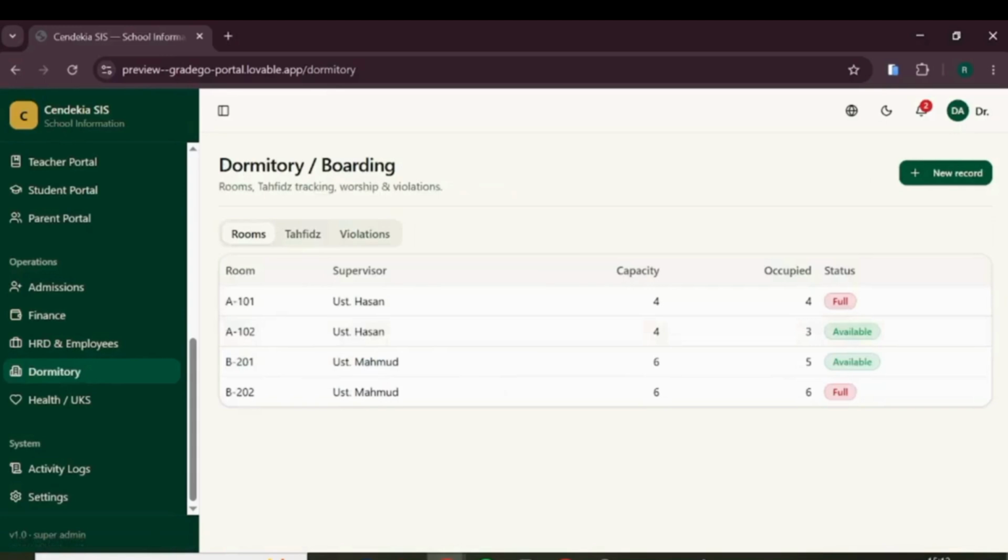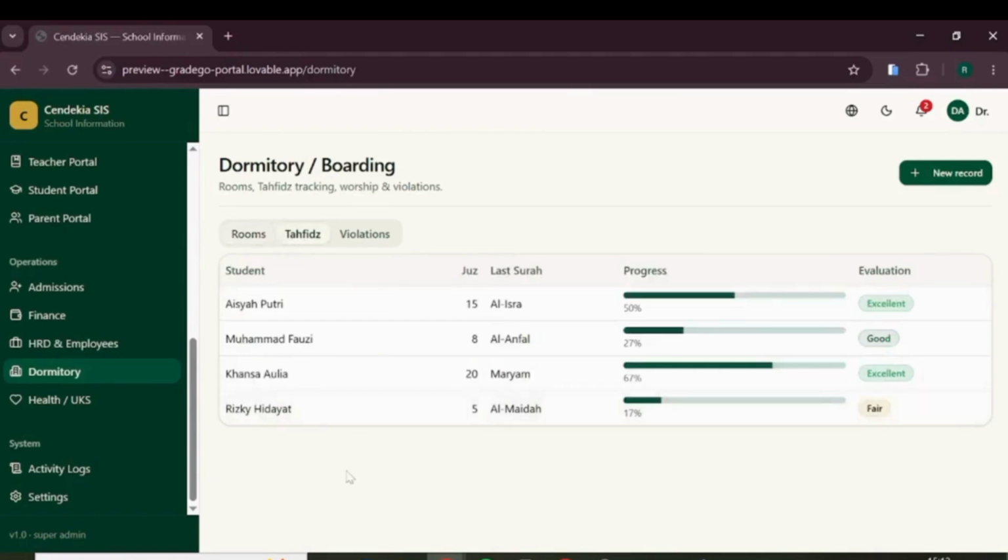This is the dormitory or boarding page. Here administrators can manage dormitories, rooms and student boarding data and room assignment and attendance and boarding activity.